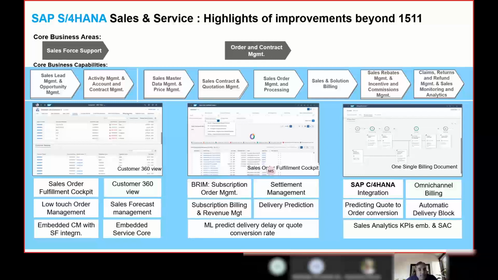Now you can see in the sales, we already have scenarios with regard to subscription billing, or a delivery prediction kind of thing, which is again helping our customers or the sales guys to address their customer need in a more efficient way.